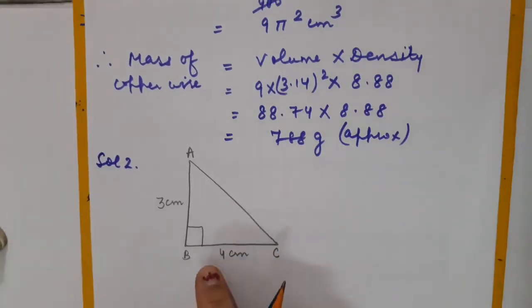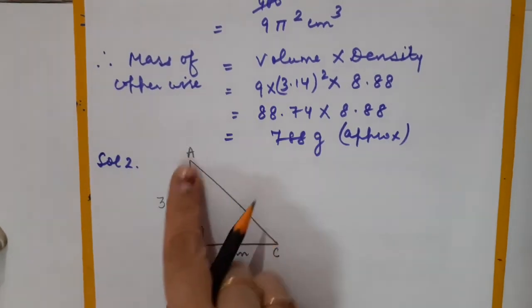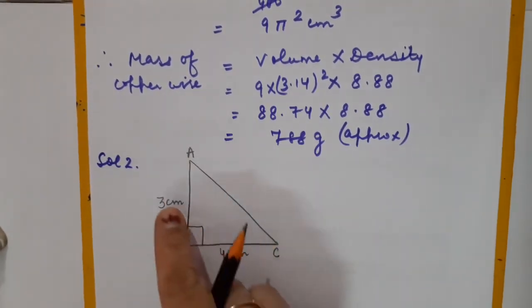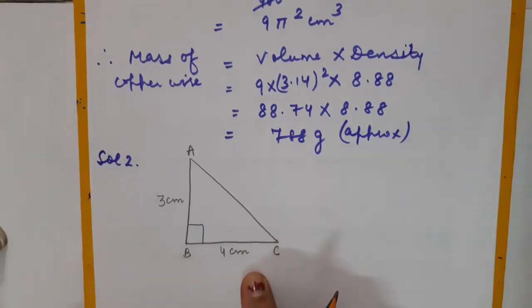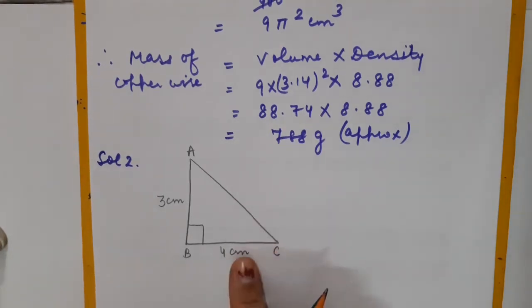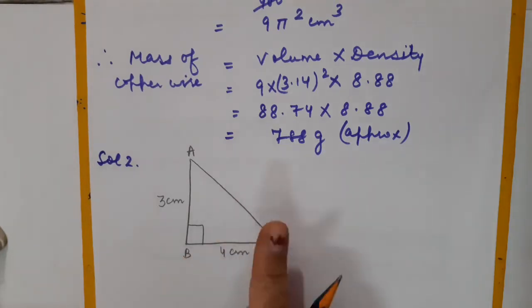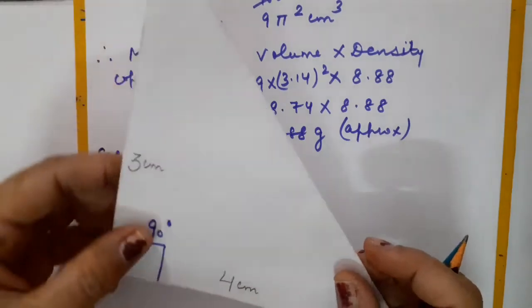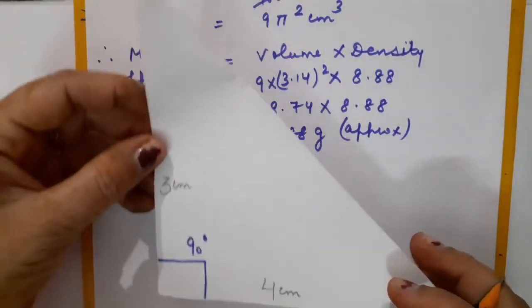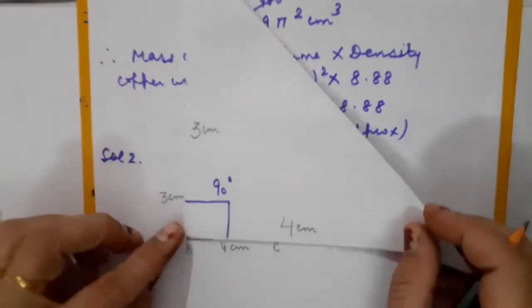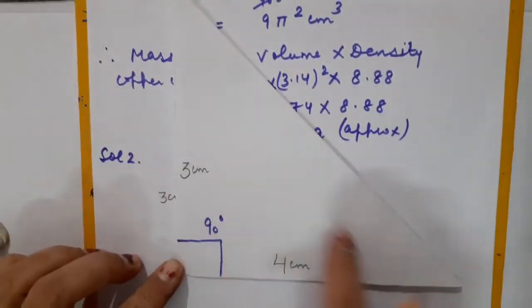So we have been asked in the question that when a right angled triangle whose sides are 3 centimeter and 4 centimeter, other than the hypotenuse, is made to revolve around its hypotenuse, then we are supposed to calculate the volume and the surface area of the double cone formed. So let us understand it through this right angled triangle which I have drawn. Just have a look, children.